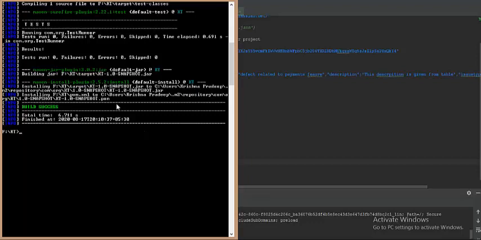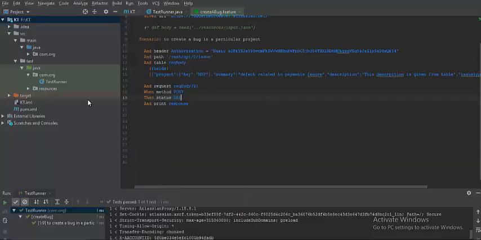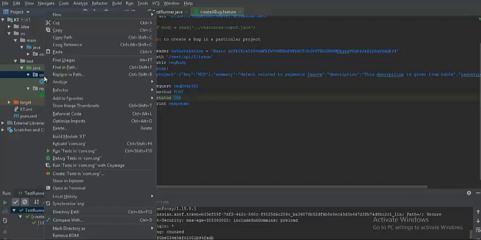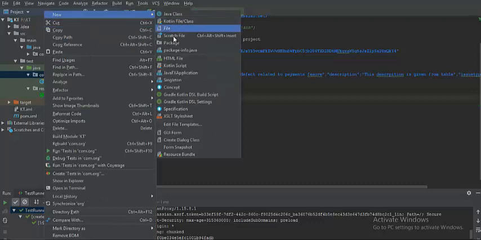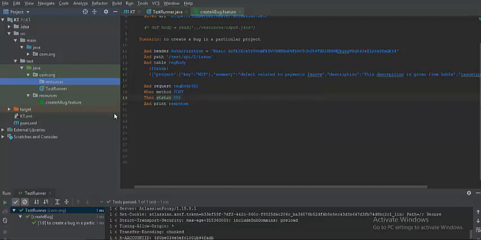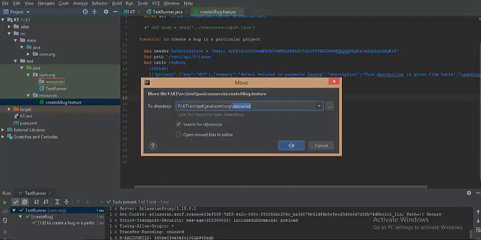I think sometimes we tend to face this problem because the feature file has to be in the same class path directory. Let me see if I have created this in a wrong folder. Okay guys, as I said, it should be in the class path, so I need to create a directory here. That's my mistake. So I'm creating a resources directory here, and I am moving this particular feature file inside this resources directory.